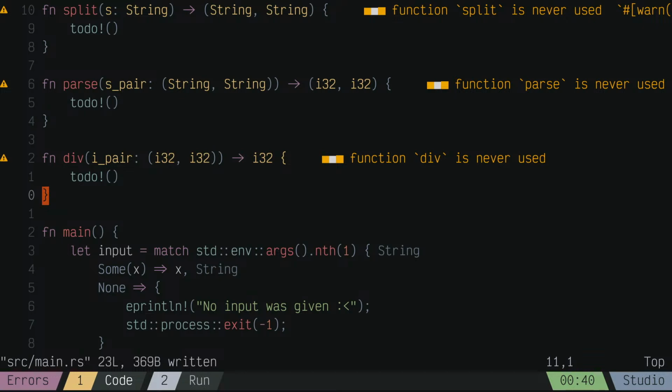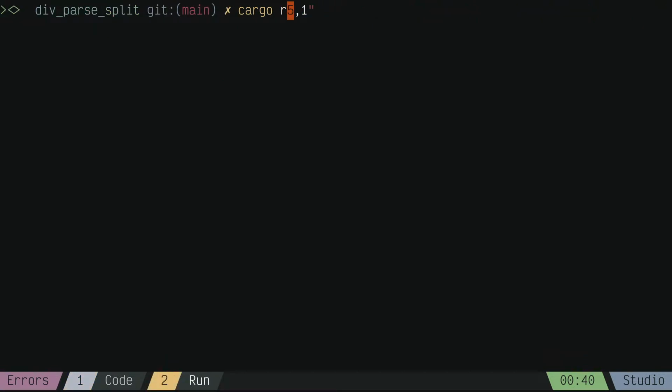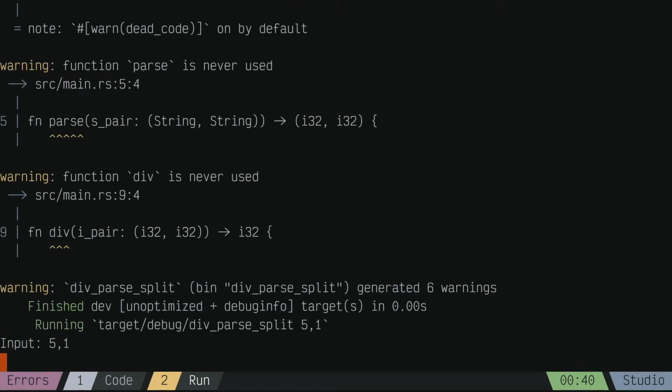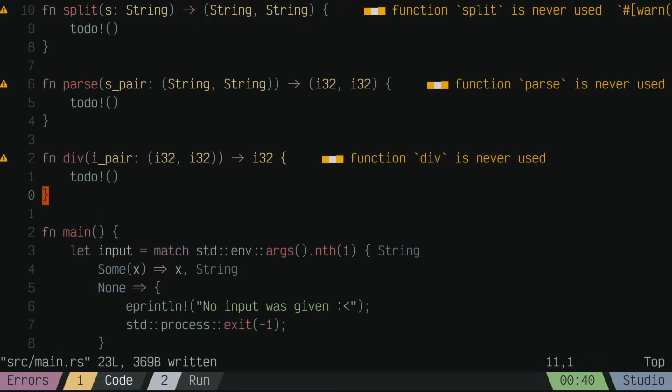All right, so this seems to be running. I don't know why there's a delay. Okay. All right, no input was given. So if I do, all right, okay. Now it's time to think of